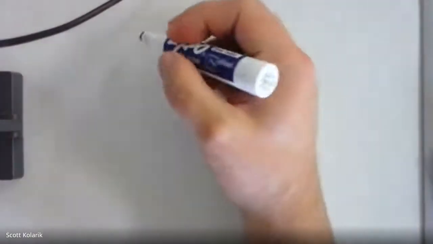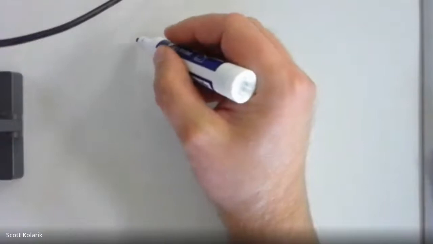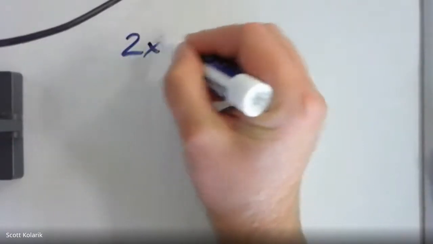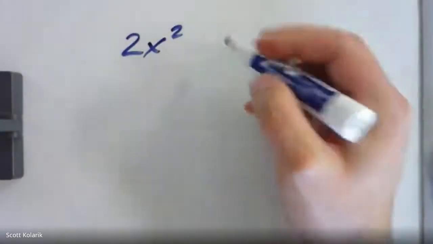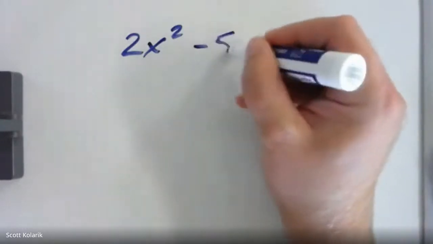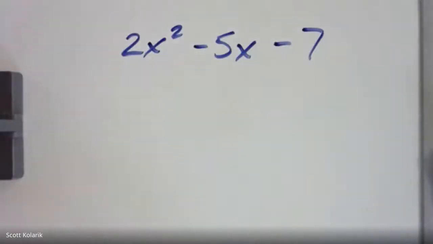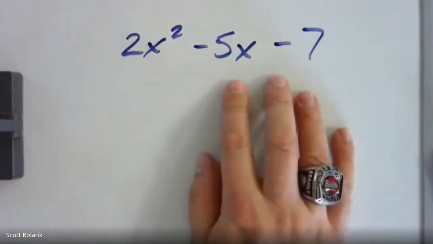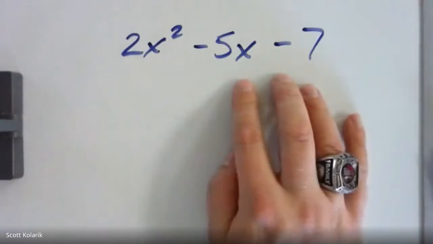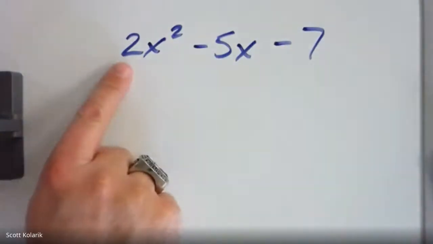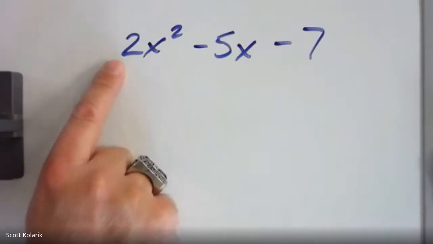Our first example for today, you were given something like this, or this specifically: 2x squared minus 5x minus 7. That was our first example for today. And again, what you would see on your assignment or on a test, you're given this trinomial. It's a little bit different than section 5 in that we have some number out in front here, some leading coefficient other than 1 or just x squared. And so that's why it qualifies under this section,